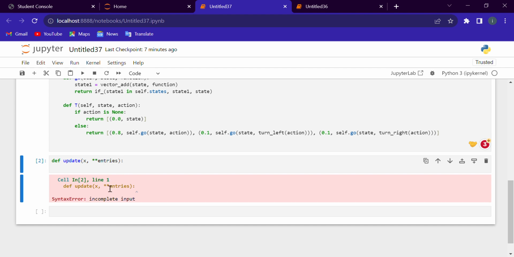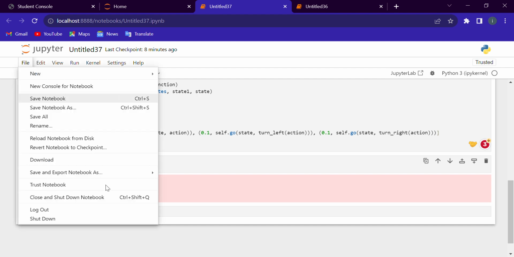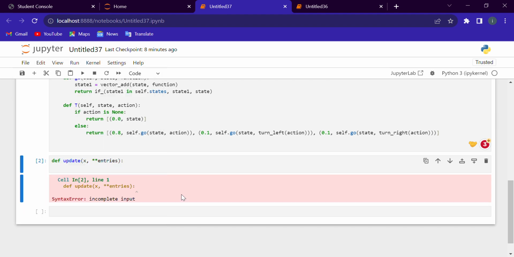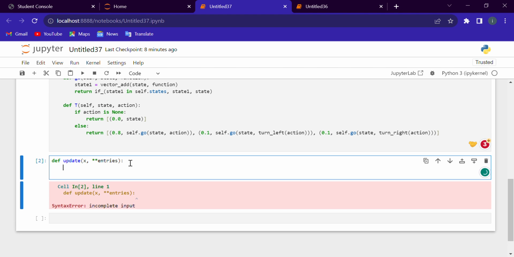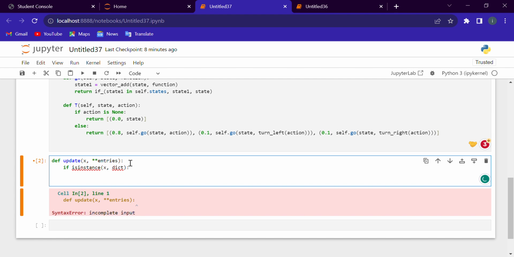If is instance, I'm just giving them a condition, is in the dictionary. Dictionary is also a sequence data type. You can say X dot update entries, otherwise